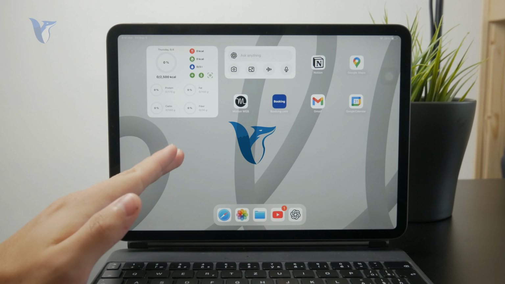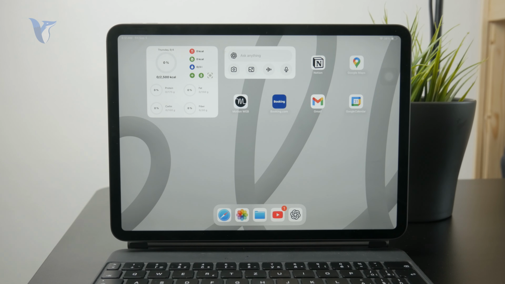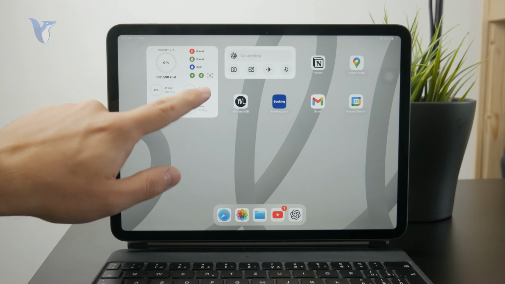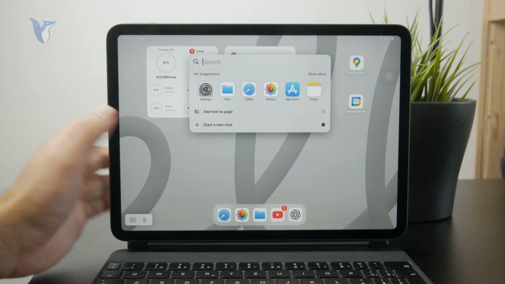So here's what you can do if you cannot find the App Store on your iPad, and let's get started. The App Store most definitely should be somewhere, because if you cannot find it on the main page, try